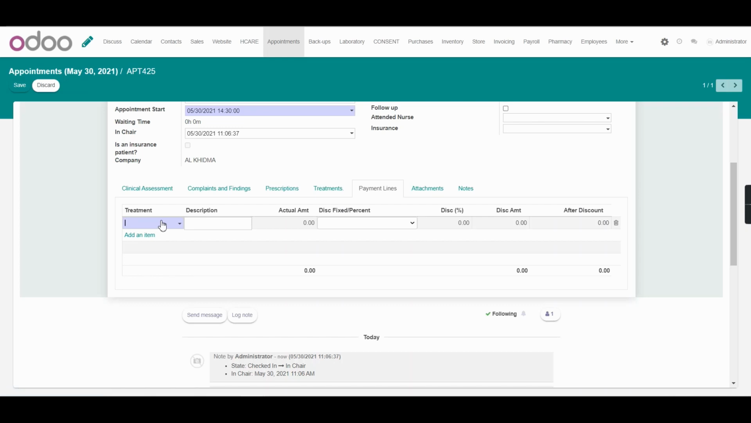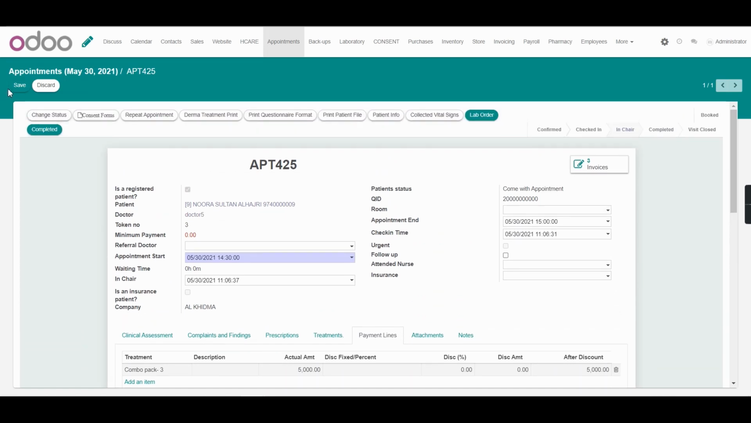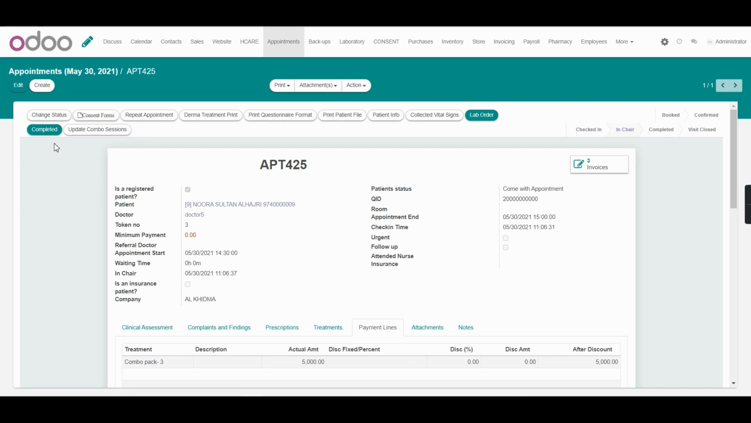In here, we have to add the new combo pack that we have created, which is combo pack 3. And you can see that the amount that we have specified in the combo pack has appeared here. Then click on save button and you will see a new button called update combo sessions, and this button will appear for all combo pack treatments. Click on this button